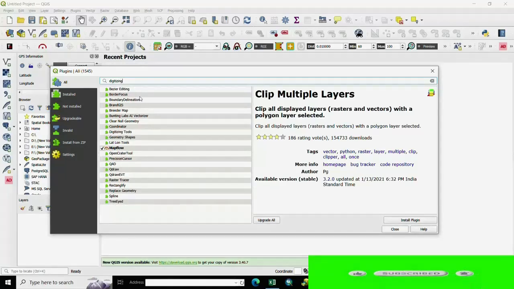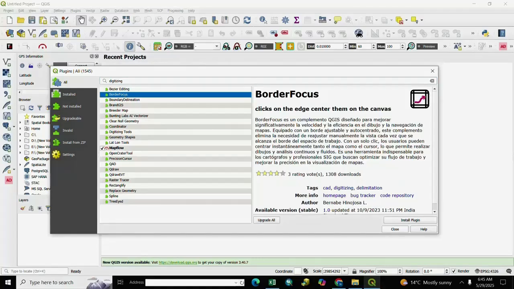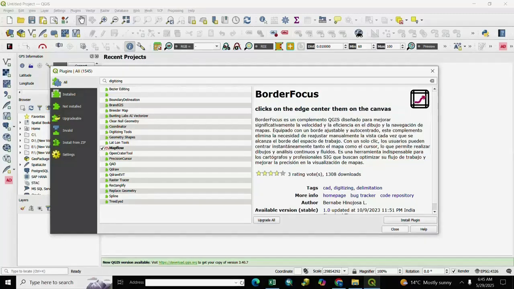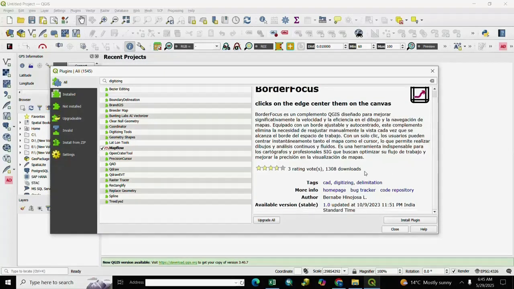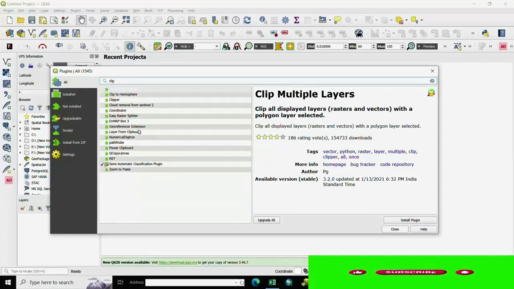Here is the digitizing type plugin, and you use it. If you want more detail, you select it. Here is border focus. Here is all the detail, rating and downloading. You also see detail here, and if you want another plugin, you write it here. If you want a clip related plugin, you write here clip. So here is the clip related plugin, and rating, you see here 1 to 1